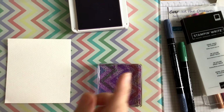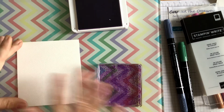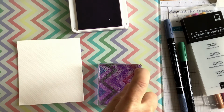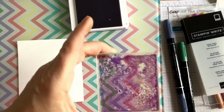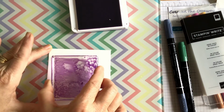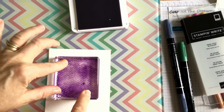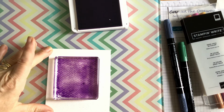You could spritz your card and that would spread the colour around, or you could spritz your block. So let's this time try spritzing the block. So you can see it's really got a lot of water on there, and I'm going to put it straight on here. Now if I just left that to soak just for a moment, didn't move it around or anything,